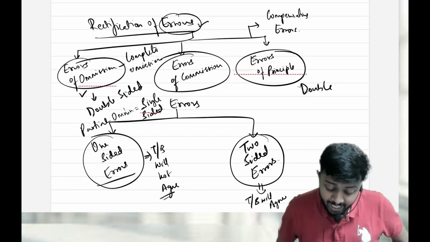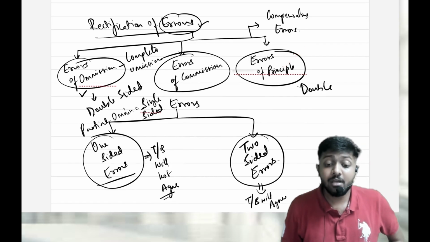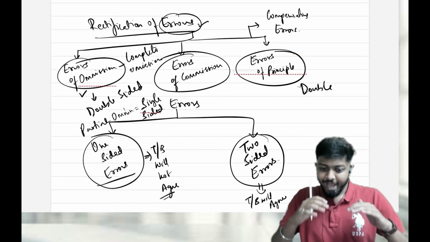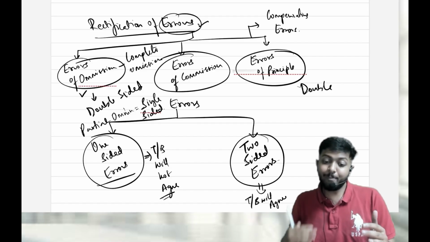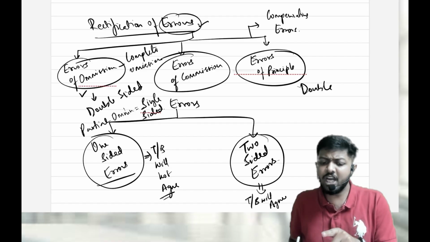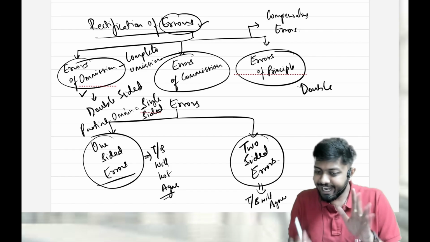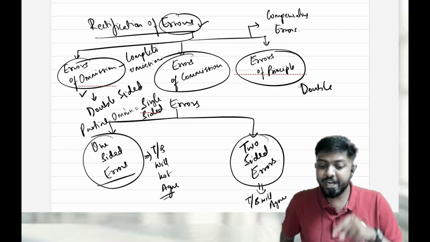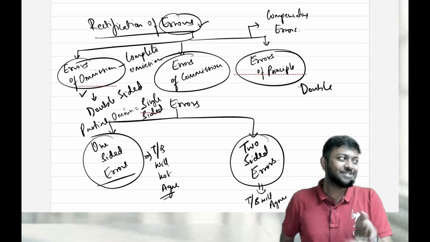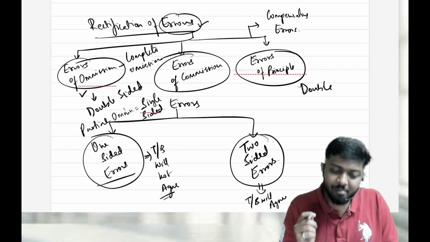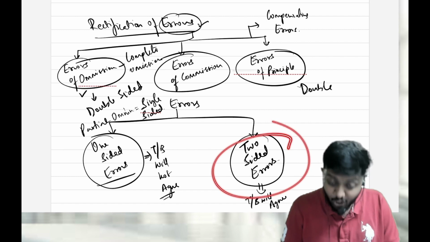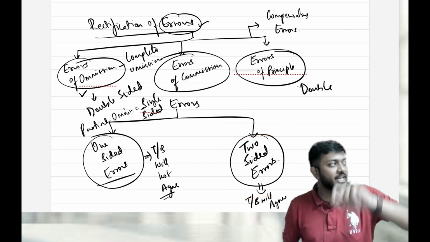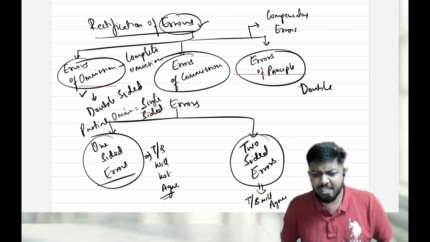This is possible. Take the example of an error of principle. There, instead of furniture to cash, you did purchase to cash. That's the wrong thing. But debit is equal to credit. The trial balance will only see whether debit is equal to credit. Is debit equal to credit? Yes. So the trial balance will still be correct, but still you are committing mistakes. These kinds of errors are called two-sided errors, where even after committing the error, the trial balance is matching.